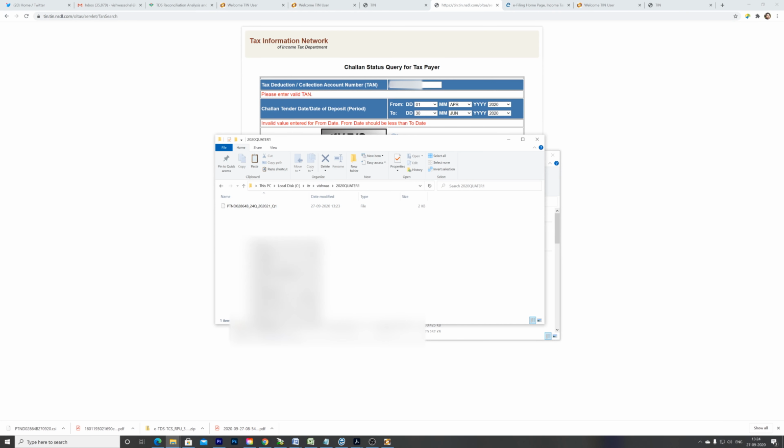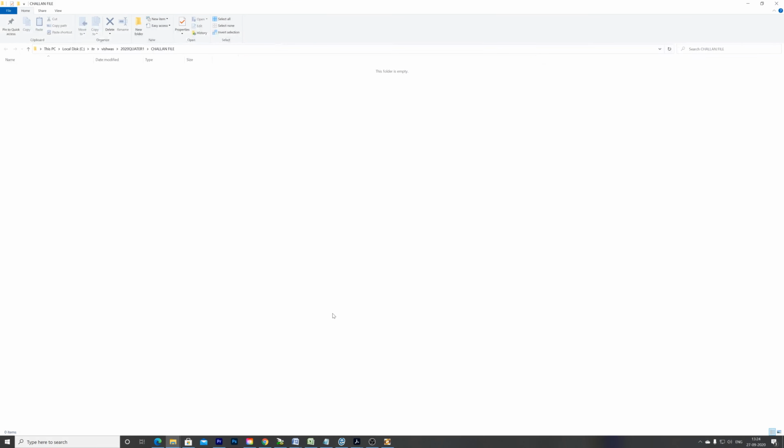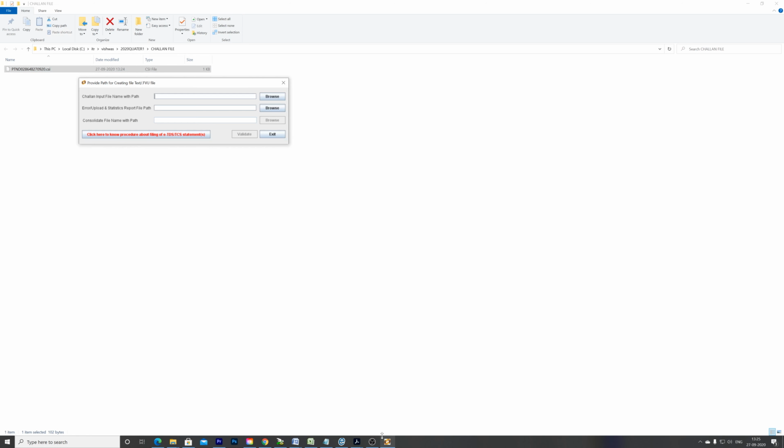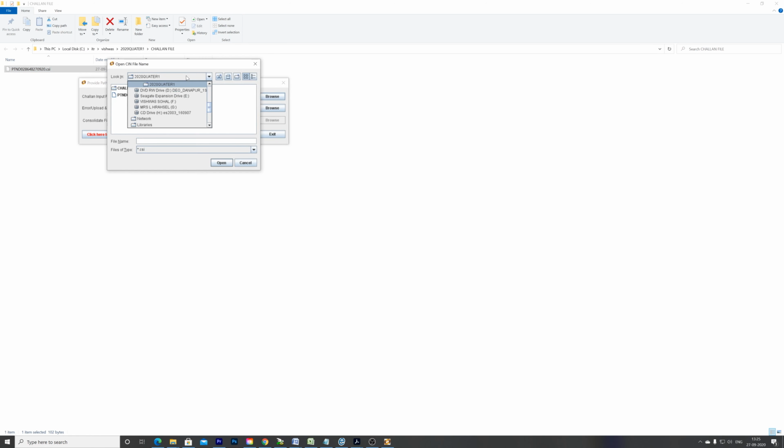For the first quarter, you make a folder, mention challan file, and paste it. So give that link in the application here. Quarter 1 challan file, this one, open.